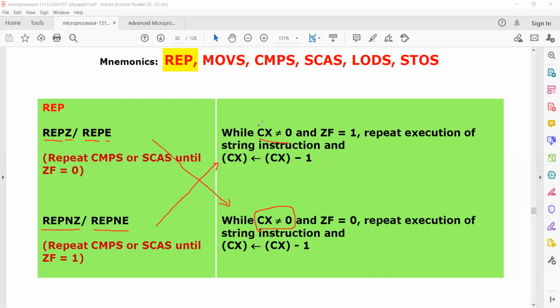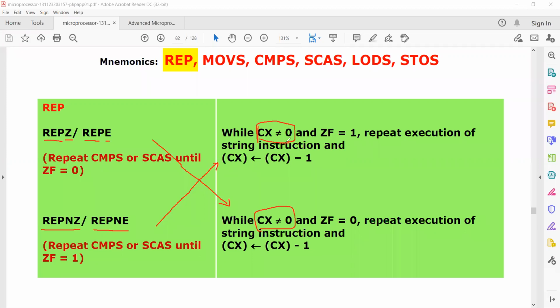You have to keep this point in mind: when you are using a repeat instruction, the counter register should not be equal to 0. This repeat instruction repeats the execution until the counter register becomes equal to 0. That is the importance of a repeat instruction.